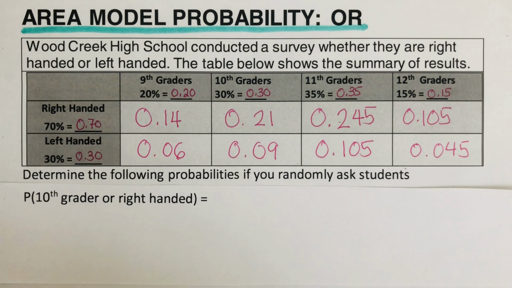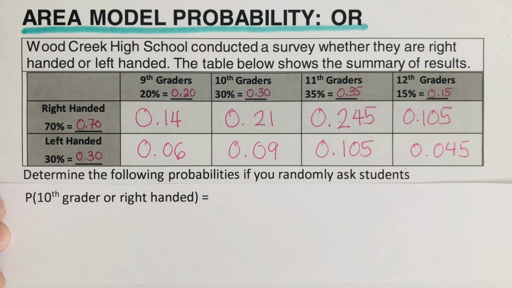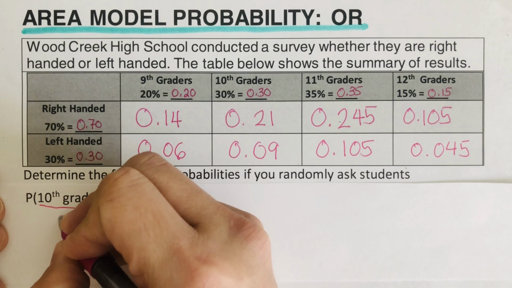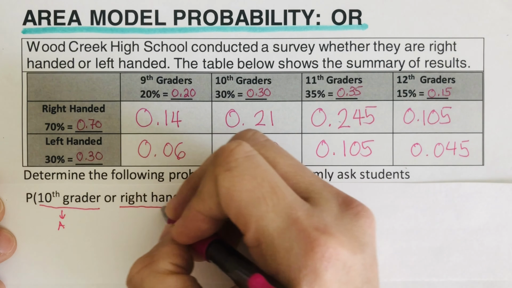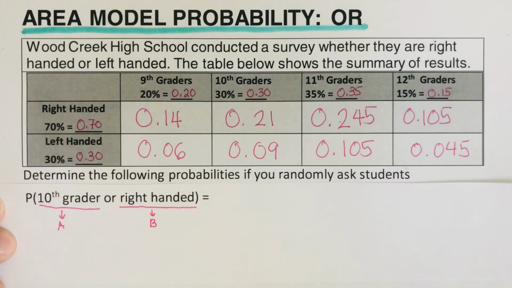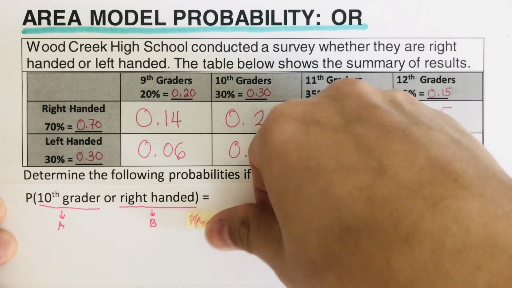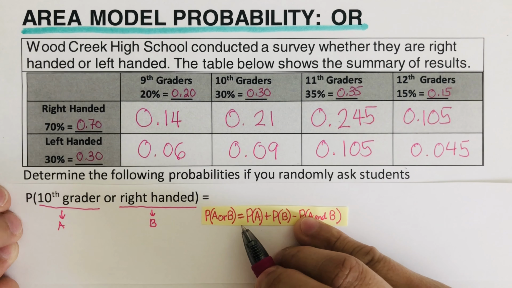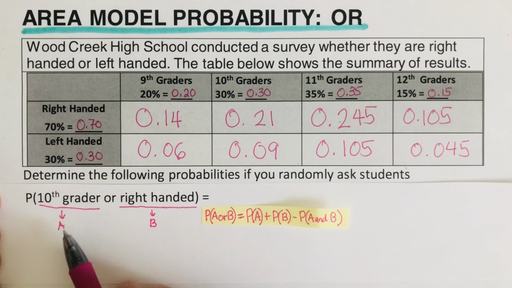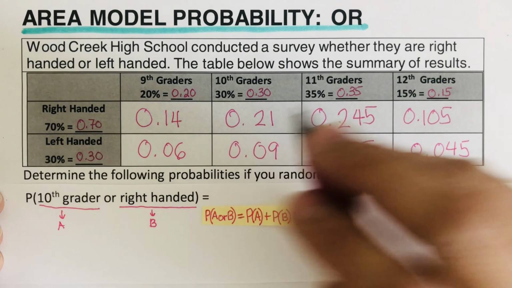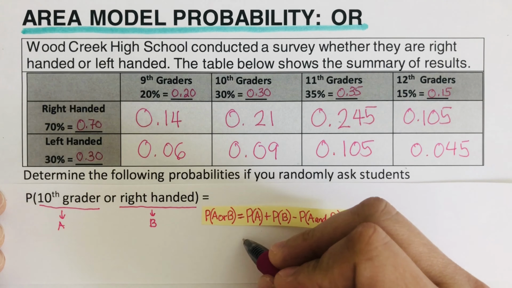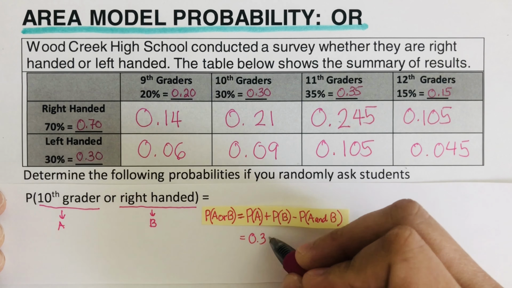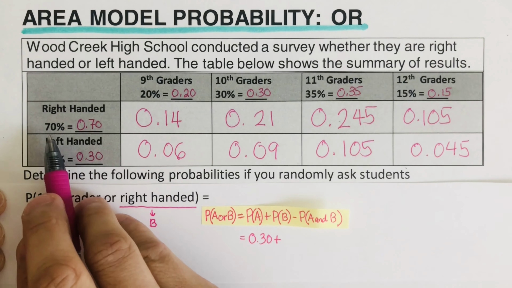Okay, again, the fastest way that we can do is to label the parts here. That this will be our A, this 10th grader would be our A, and this right-handed would be our B. And so we got the formula over here. Probability of A or B is equal to the probability of A. So the probability of A is 10th grader. So 10th graders right here. So that is 0.30. So this is 0.30 plus the probability of right-handed is